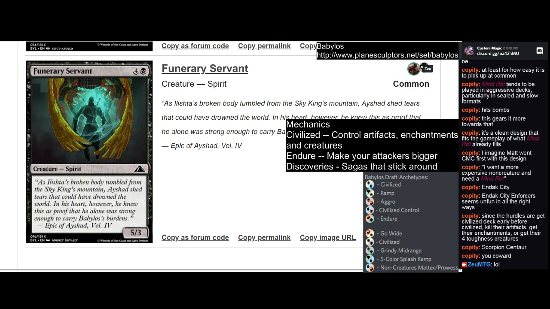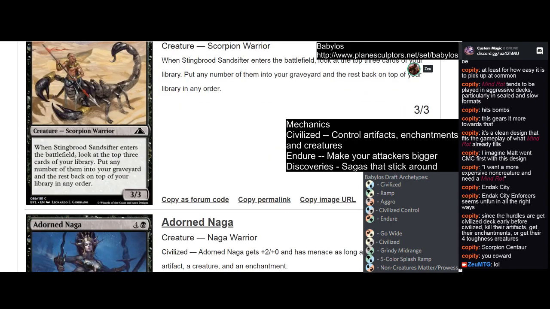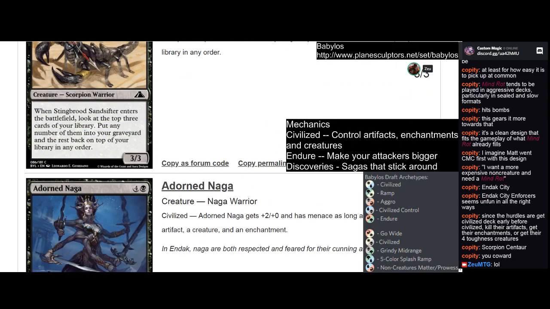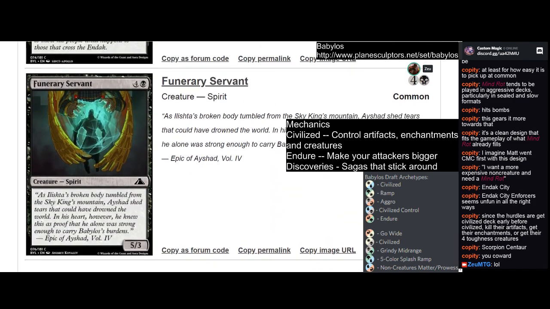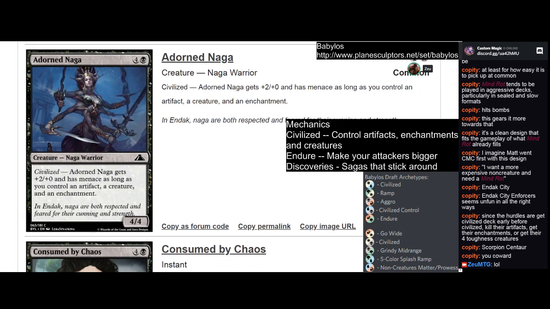In terms of where the black vanilla sets up on the curve, if I'm a slow deck, I feel like I'm very, very rarely picking this card. I'm almost annoyed with how it slots up versus Adorned Naga. I think it's also a little